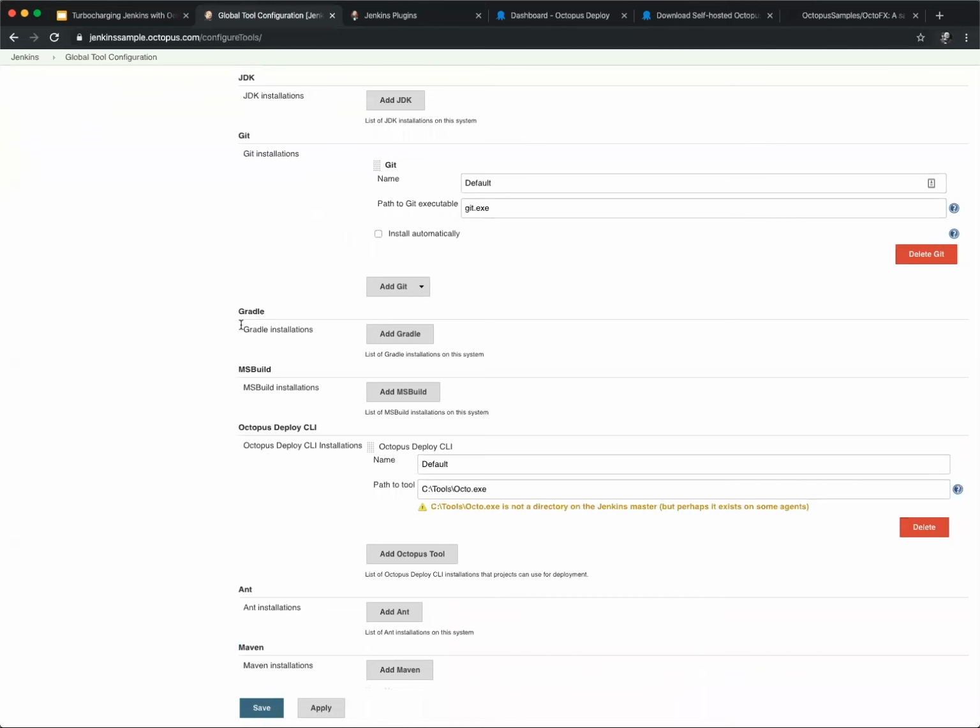I'm not doing anything with Gradle today. However, I am doing things with MS Build. That has been installed into the path as well. And then again, we've got octo.exe. This is also where you configure it. So as you can see, I've configured most of these under the tools area in the OS. So just to cover octo.exe,